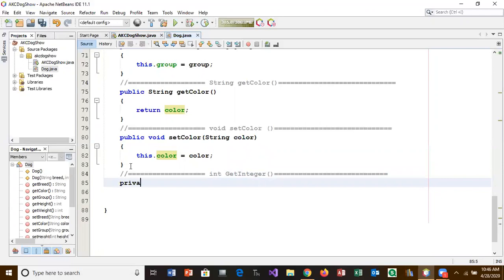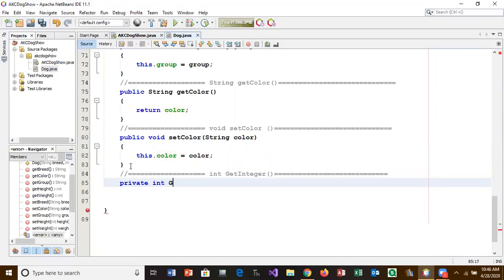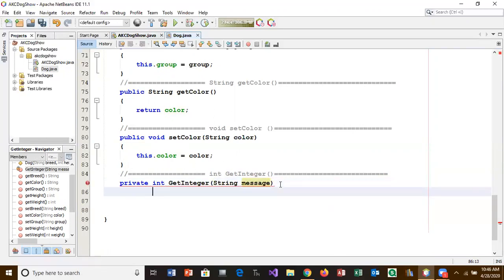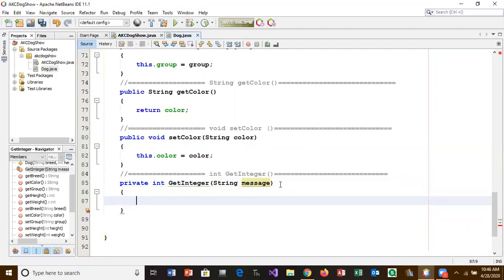Private int integer. And actually, you know what? I'm going to change this to choose. That's better. Okay, so this is just going to be